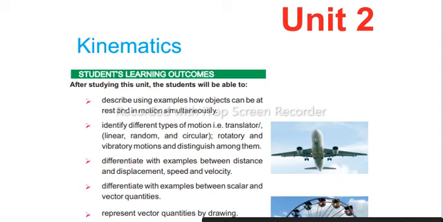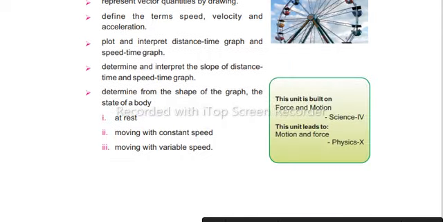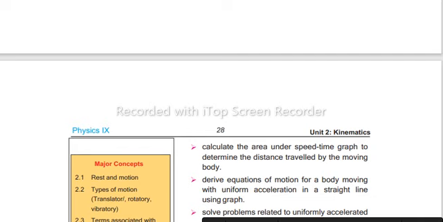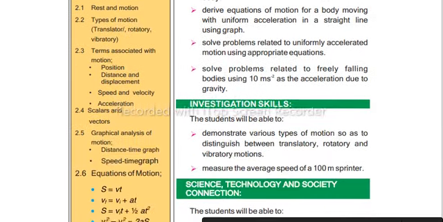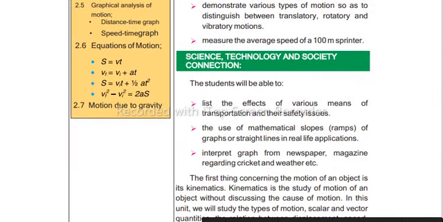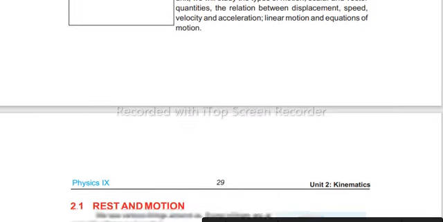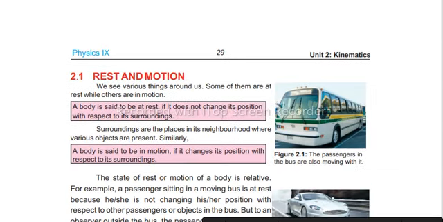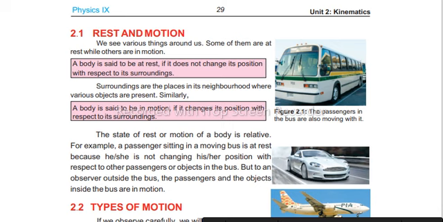Let's see what is a position of rest and what is a motion. Therefore, a certain definition of rest and motion here, and according to the definition we say that a body is said to be at rest if it does not change its position with respect to its surrounding. So according to the surrounding, if a body doesn't change its position, the body will be in